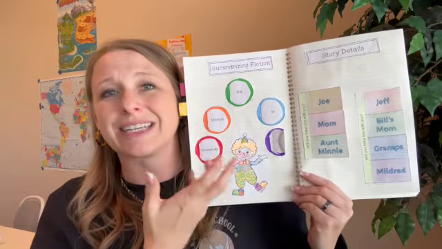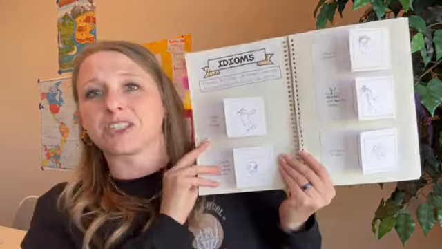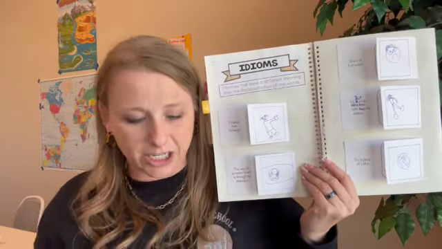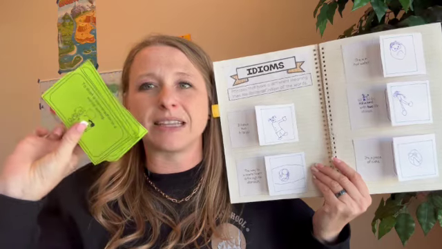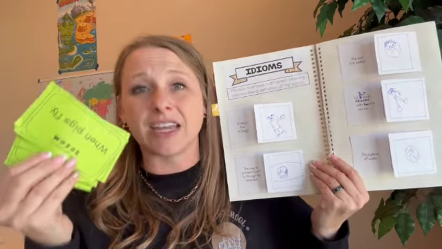Of course, it's a circus theme, so that's why we have the clown and the little juggling balls. I wanted to stop for just a minute at this page because this is the figurative language lesson that you can teach, and it also comes with these little flashcards where you can give some examples of idioms with your